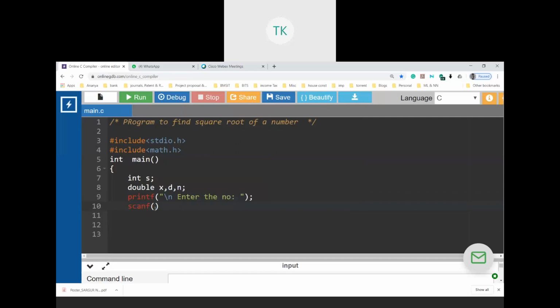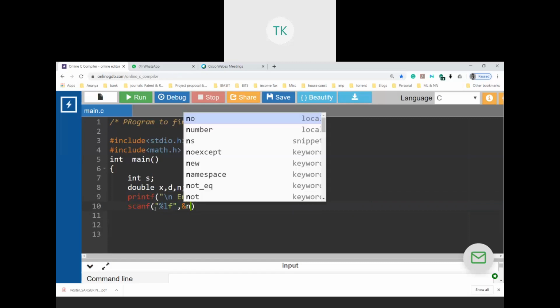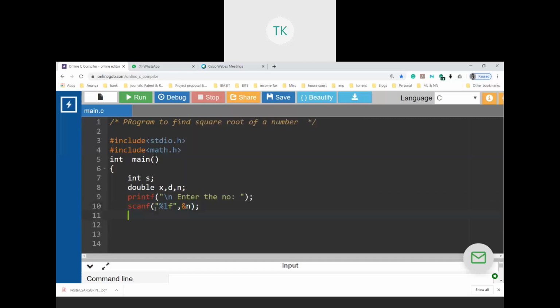Now I'll be accepting the double value here, which is represented by %lf comma ampersand n. So I'll accept a double number or any number.